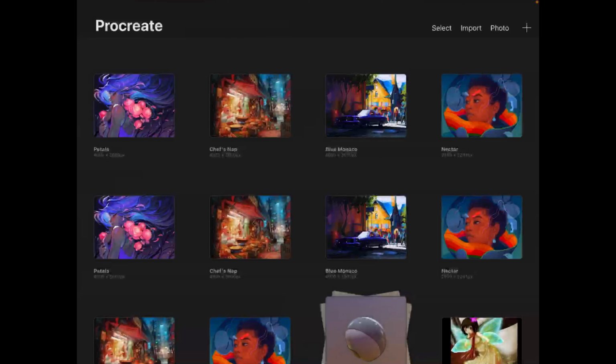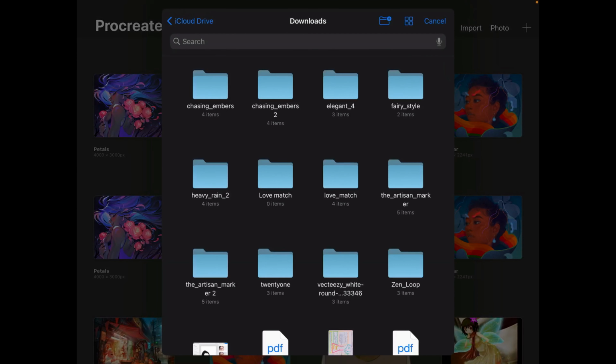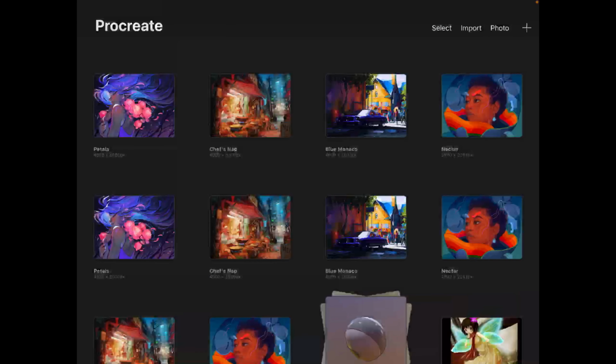It's pretty simple. First of all, in the rightmost corner, we have the plus button. We'll come to that in a minute. And then you have photo. When you click on photo, all that happens is that it'll take you to your gallery, and you can import any photo from your photo gallery. Similarly with import, it'll take you to your files, and you can just download anything from there. So these two are just for importing any photo that you may want to.